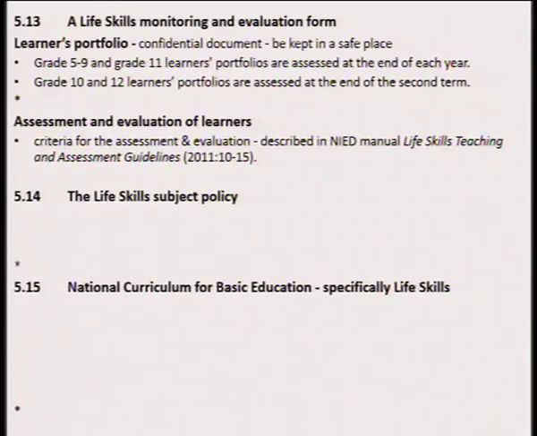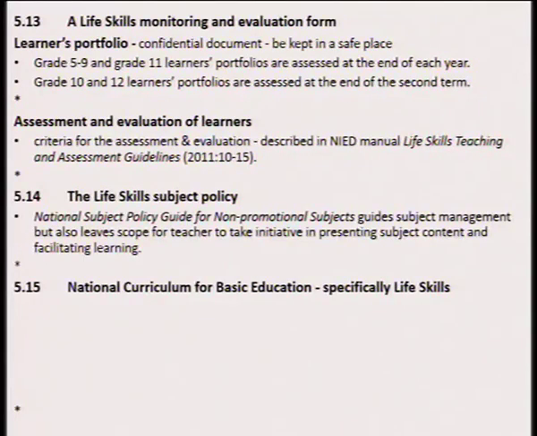When we consider the assessment and evaluation of the learners, the following is important. Use the criteria for the assessment and evaluation as described in the NEED Manual, Life Skills Teaching and Assessment Guidelines, 2011, on pages 10 to 15. When we refer to the Life Skills Subject Policy, we must very carefully consider the National Subject Policy Guide for non-promotional subjects because it will guide the subject management, but it will also indicate the scope that is left for teachers to take initiative in presenting the subject content as well as